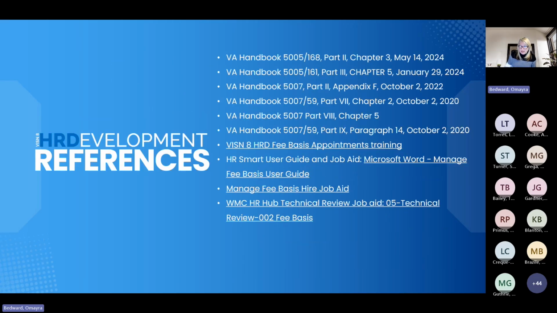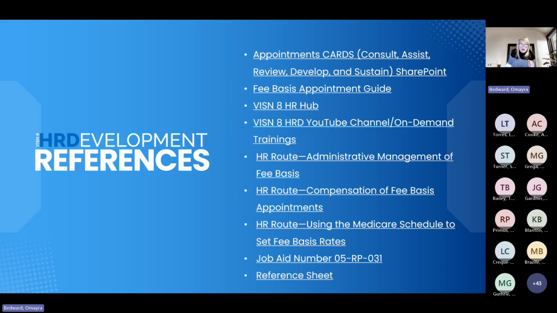These are the handbooks, but I included the fee basis presentation that we have on demand, because this is very closely related. There's a fee basis user guide, HR job aids, and the cards group has a checklist that can be used.